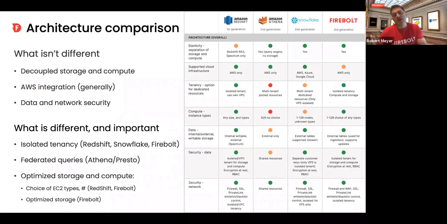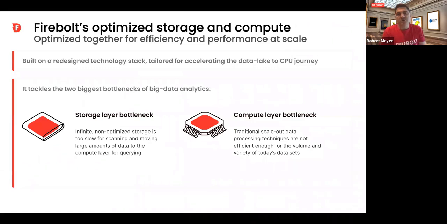I wanted to spend more time on a couple areas. One of them was the choice of infrastructure, but I also wanted to spend some time on the storage as well. The challenge with a decoupled storage and compute architecture is that it gives you a lot of flexibility, but it introduces two bottlenecks. That's the storage and the compute. Pretty simple. So I had one architect put it to me a long time ago, and it was a great line. You can't defy the laws of physics.